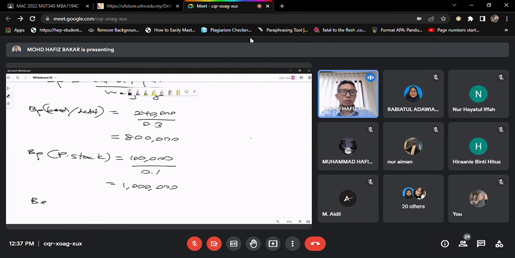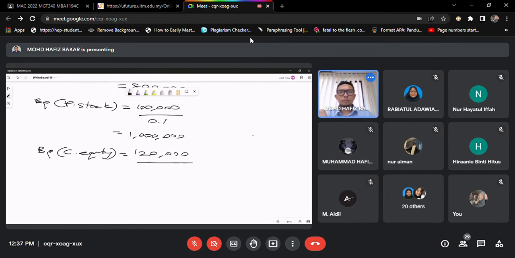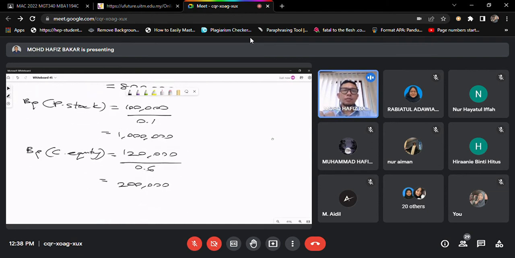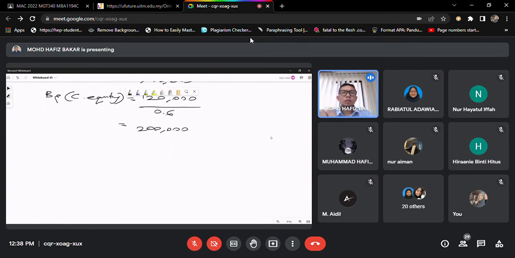Okay, so breaking point for common equity. How much? 120,000 divided by 0.6. Equivalent to 200,000. Okay, so this is breaking point. Step number 4. Okay, so dah dapat breaking point ni, you need to